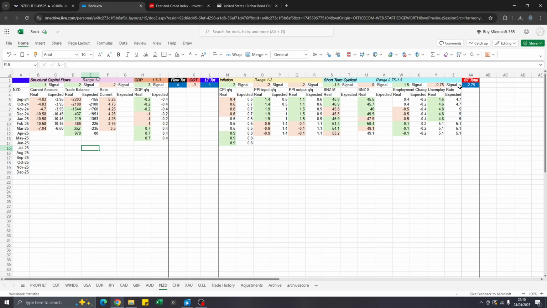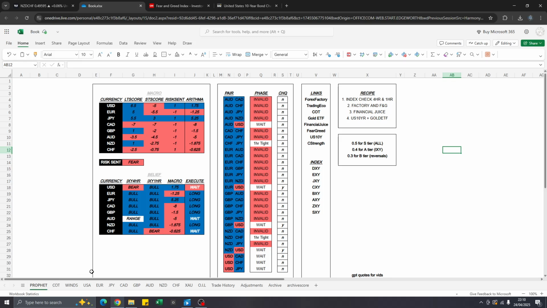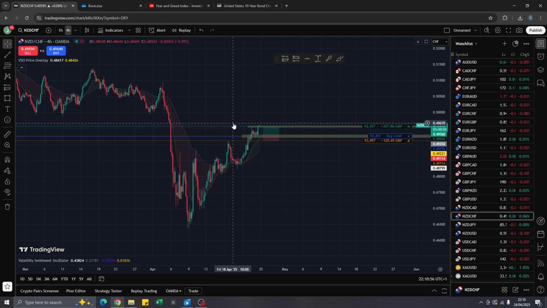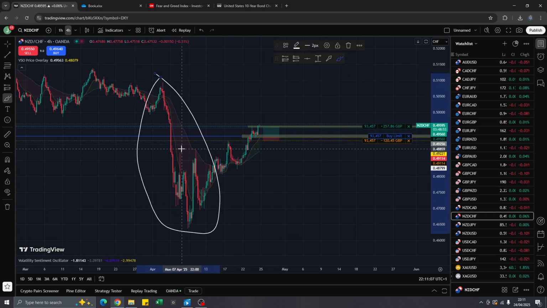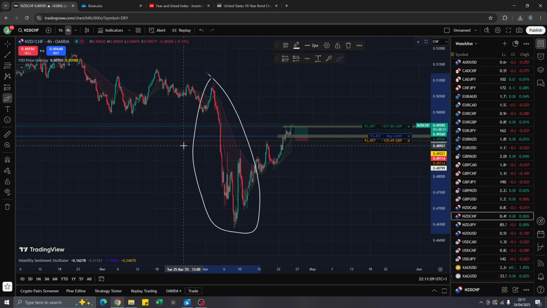We're at minus 2 in, well, this is just my scoring system. I used to make trades purely off this, but recently all I care about is indexes, because clearly that's the only thing the market cares about. Belief in a price and a direction, as demonstrated here, is way more important than the Swiss franc having bearish macros. If there is demand, that demand will change the price.